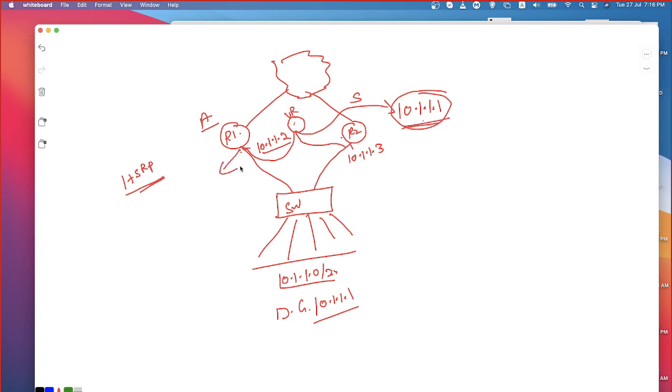Now router 1 can respond for this interface IP as well as for the virtual IP, because it has taken the role of active. Whereas the standby router can respond for its own IP address, but it cannot respond for the virtual IP address because it has taken the role of standby. For any reason, when router 1 goes down, router 2 can recognize that, right? Based on that identification, router 2 will move from standby to active. You understand what I'm saying?